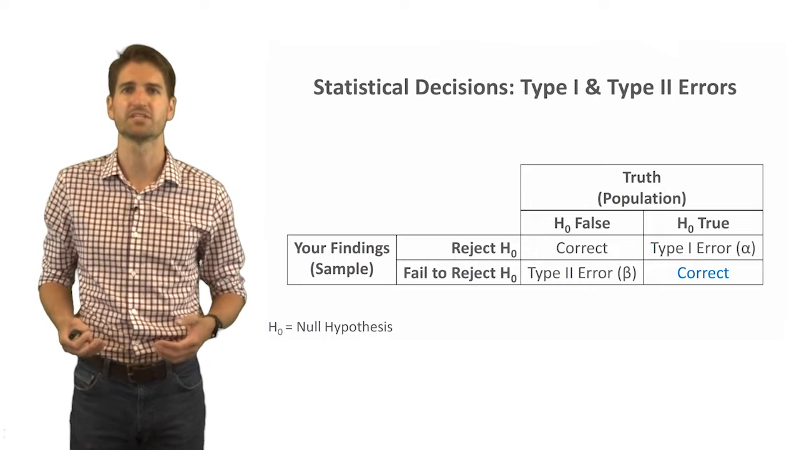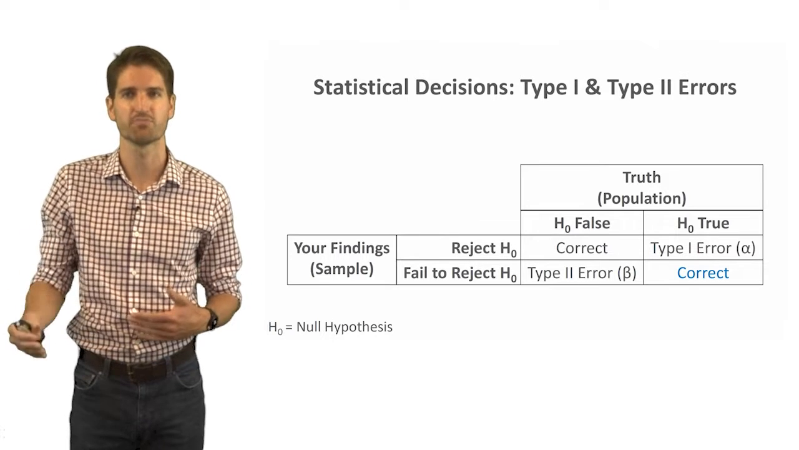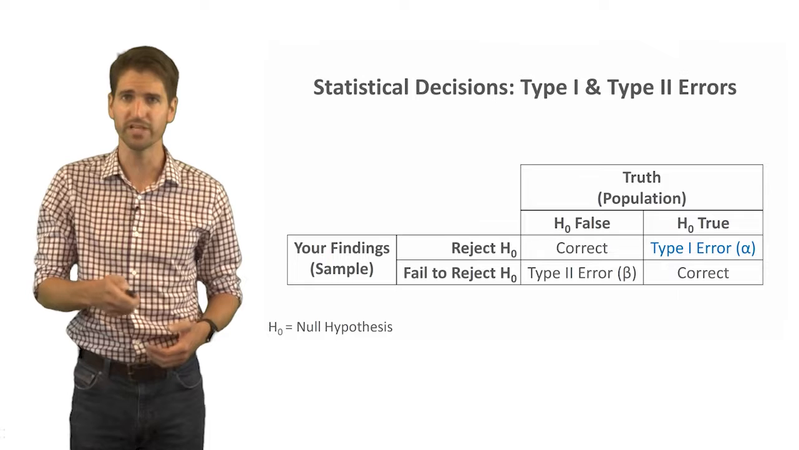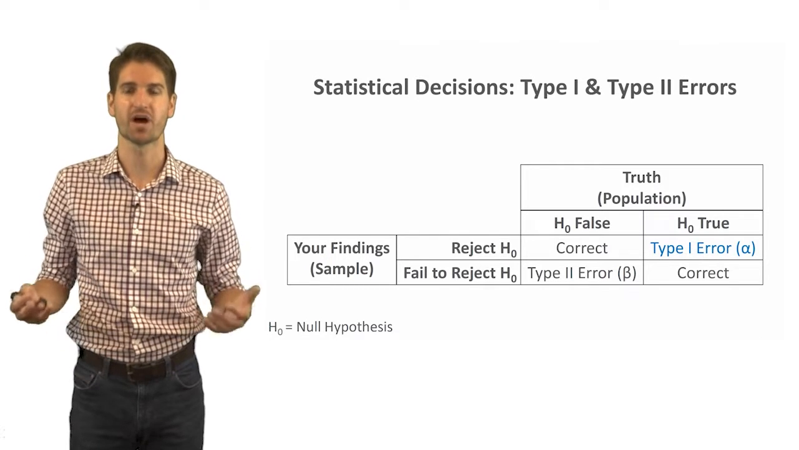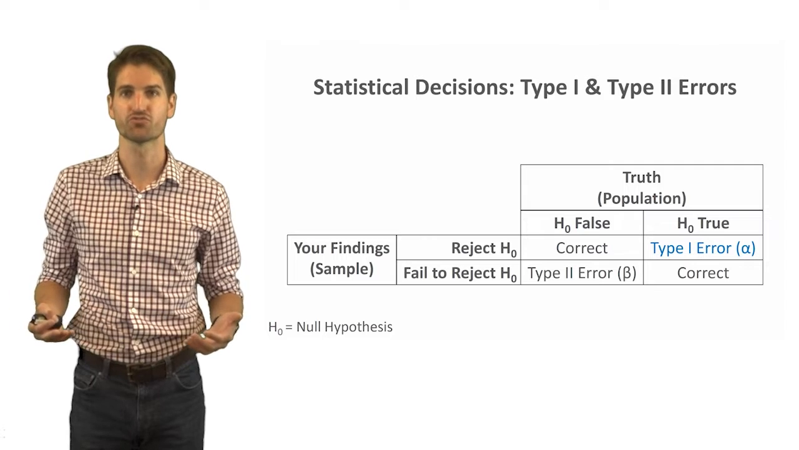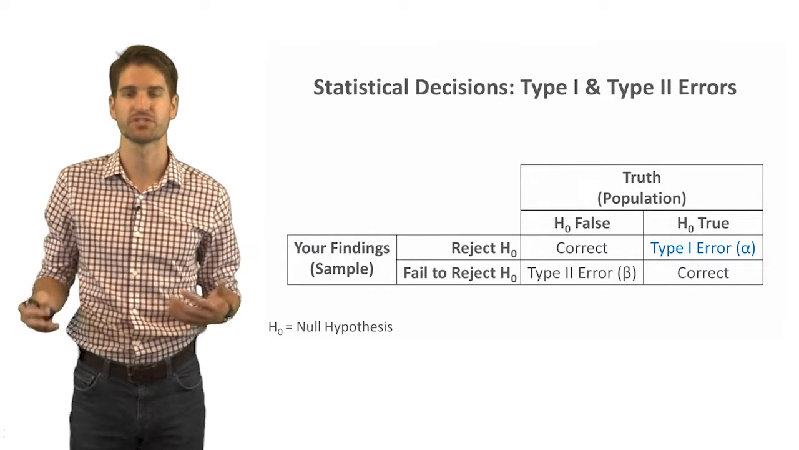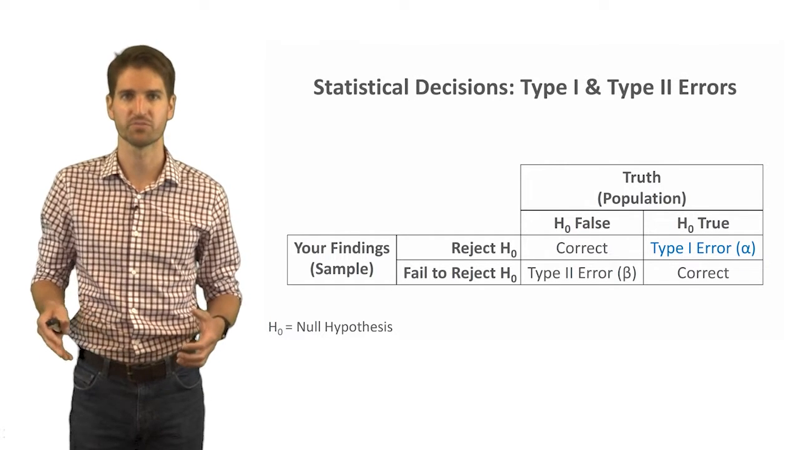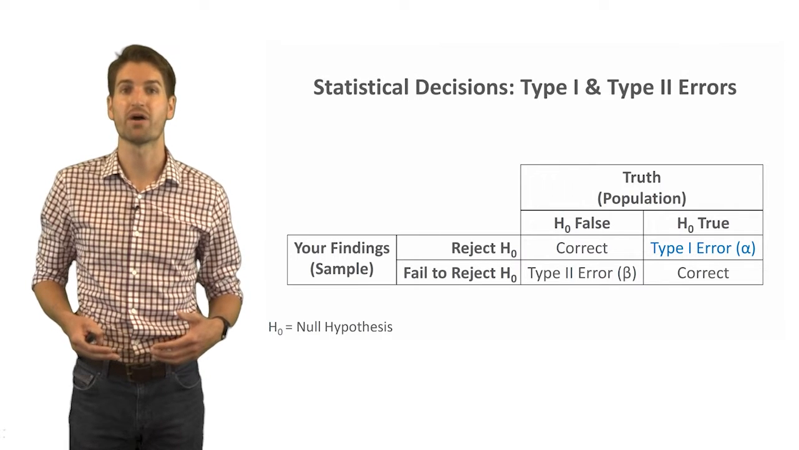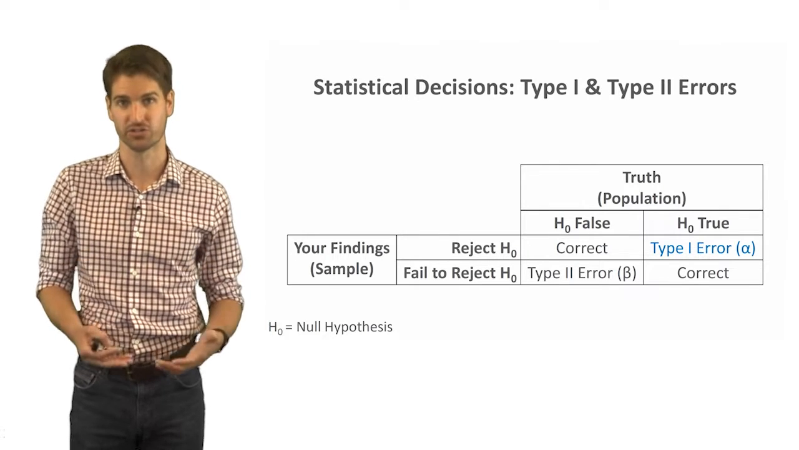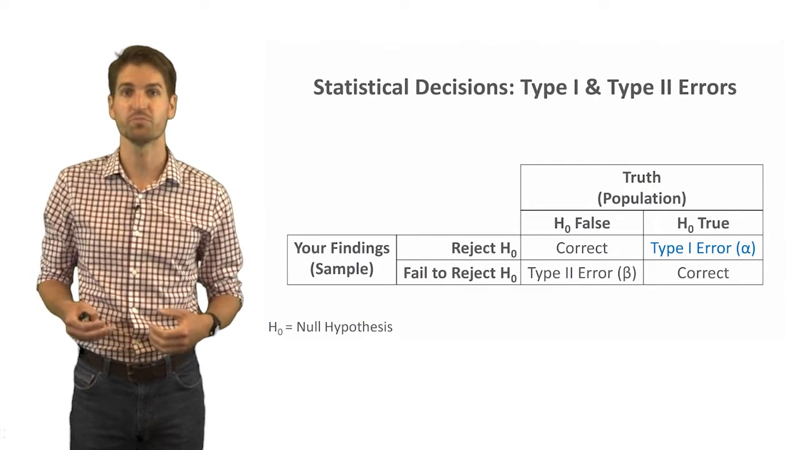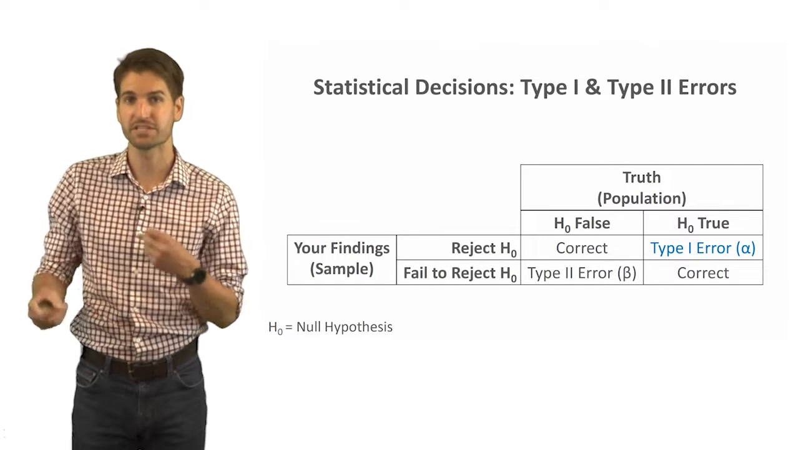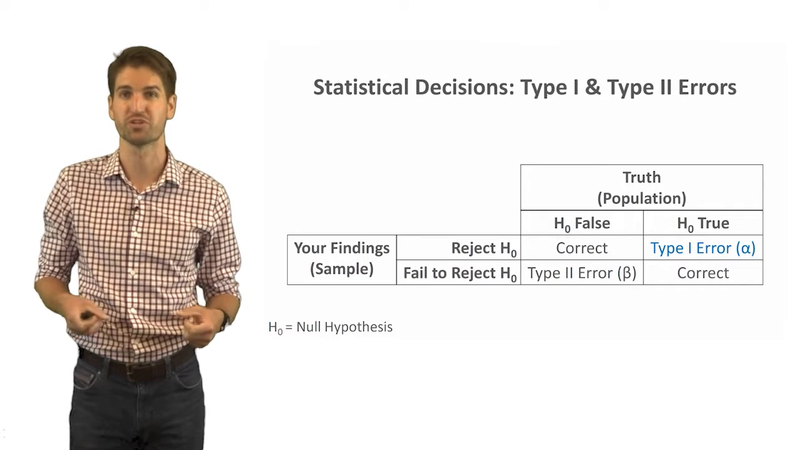Now let's talk about the different errors that we can make, and specifically type 1 and type 2 error. So type 1 error would be that in the underlying population, the null hypothesis is true, which means that there is no association or difference among these variables. Now, if we were to, however, in our sample, reject the null hypothesis that there is no association or difference, that would mean that we're actually concluding that there is a difference or association between these variables, when in reality, that